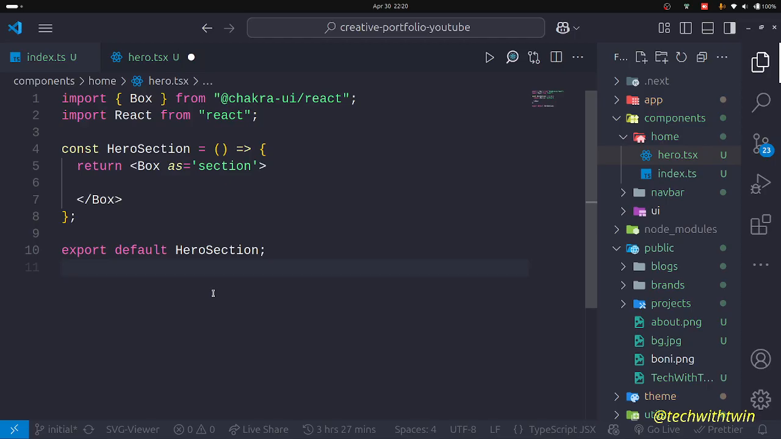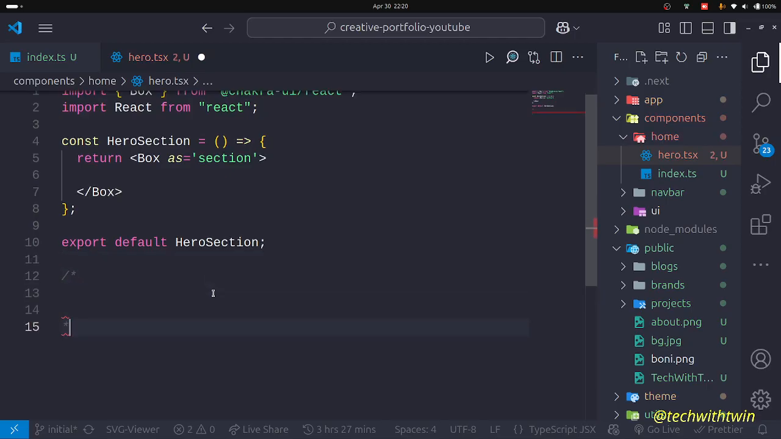So the similarity for these and normal HTML is like this. Essentially this one is exactly equal to this. I hope you guys are understanding. I would like to know in the comments. So the next thing we need to do is to